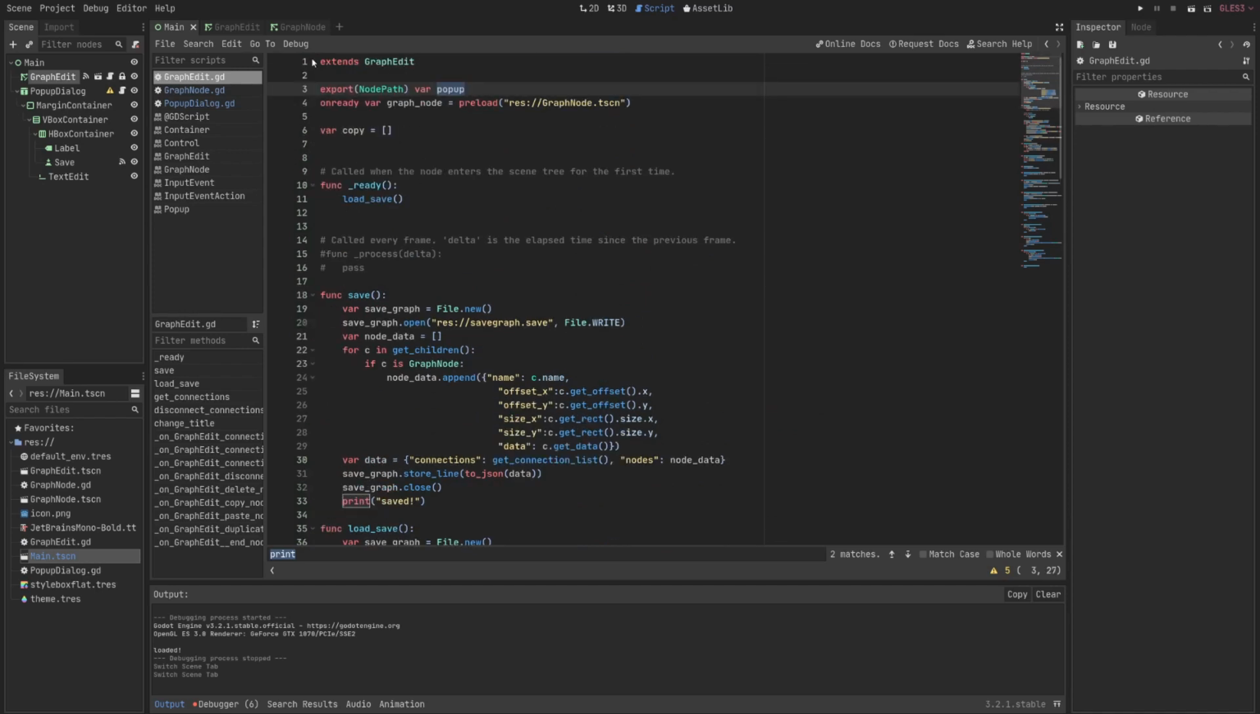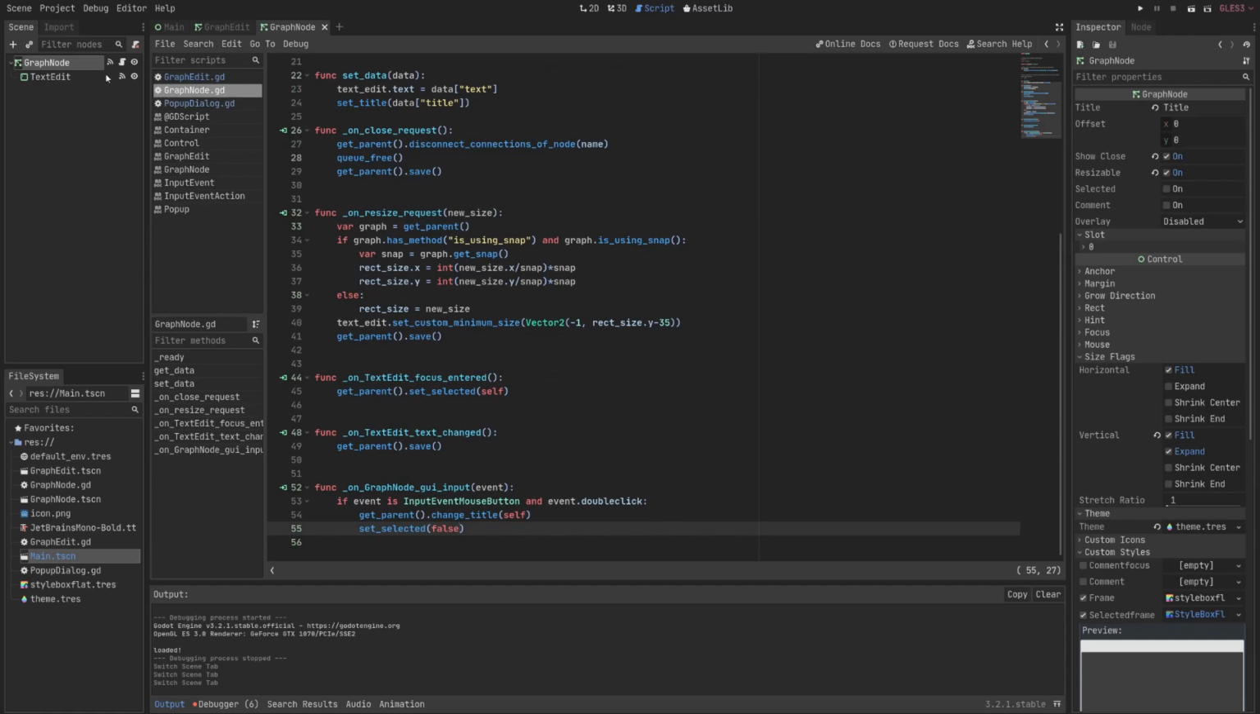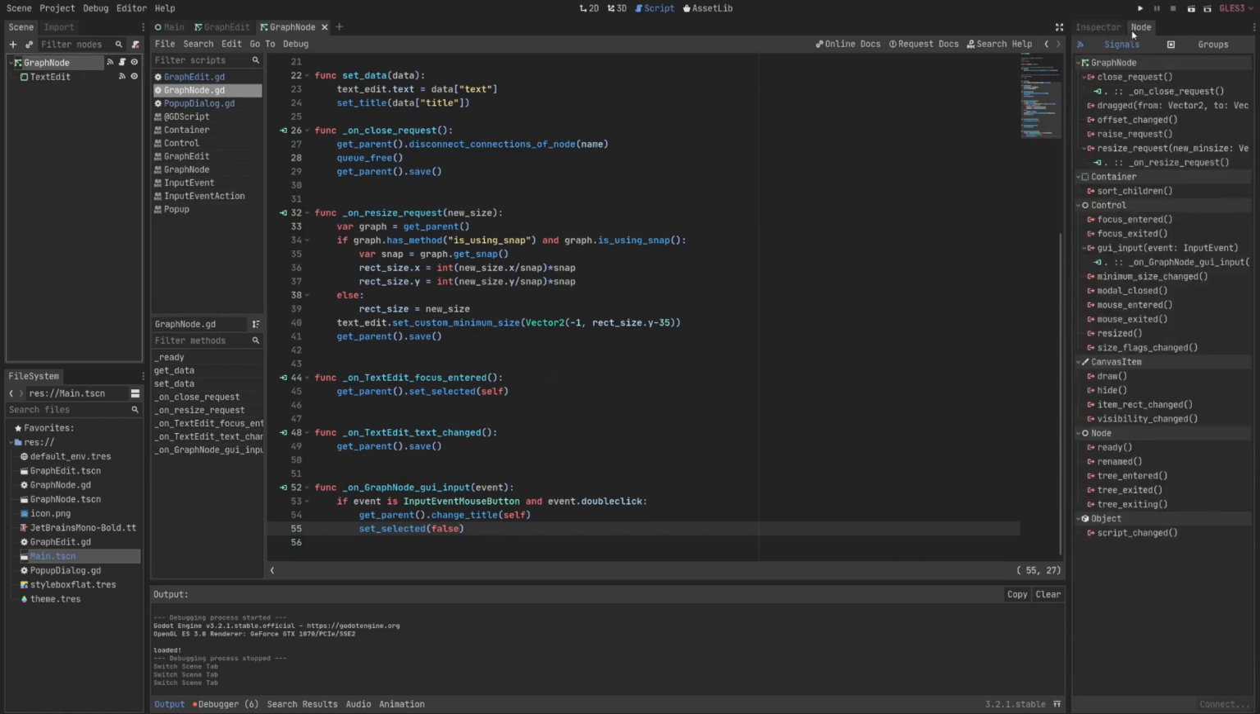And what I want is to have my graph node, if I double click it, show the Popup and save the title that is written within. So what I did is coming here in the graph node, I overrode this GUI input, which is this one now. I checked if there's a double click, and if there is, I call a method in my parent. And this is actually not needed. So I created this other function called change title in the GraphEdit,